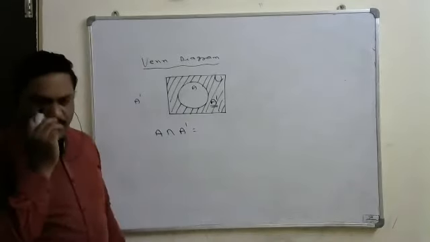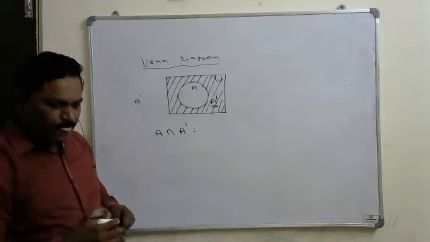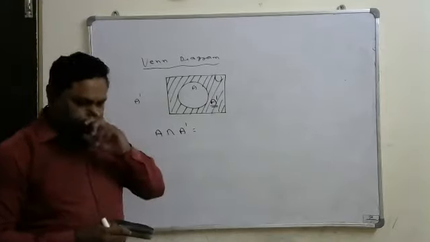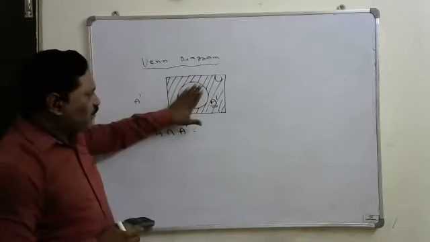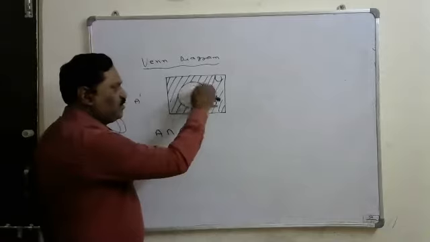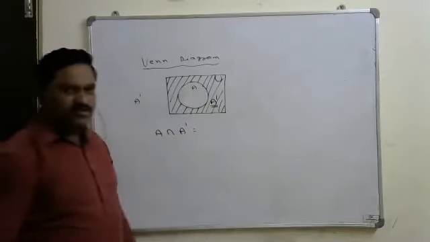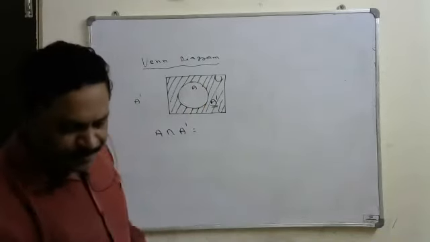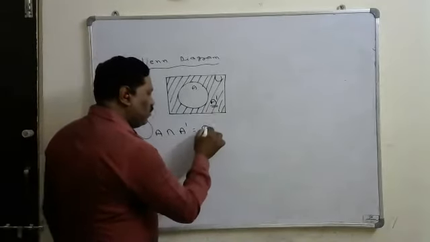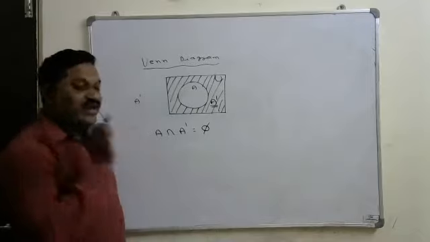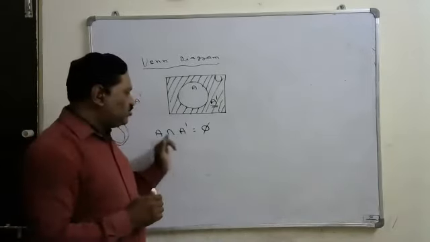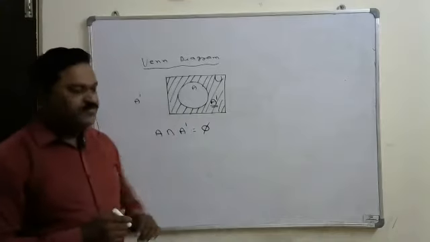A intersection A complement क्या होता? दोनों का कुछ कॉमन एरिया है क्या इधर? This is A part, this is intersection part. Intersection means बाहर का, A का बाहर. दोनों का intersection part है क्या कुछ? Common part है क्या? No. Means A intersection A complement, no element will be there. That is called an empty set. That is called pi. A intersection A complement is pi.